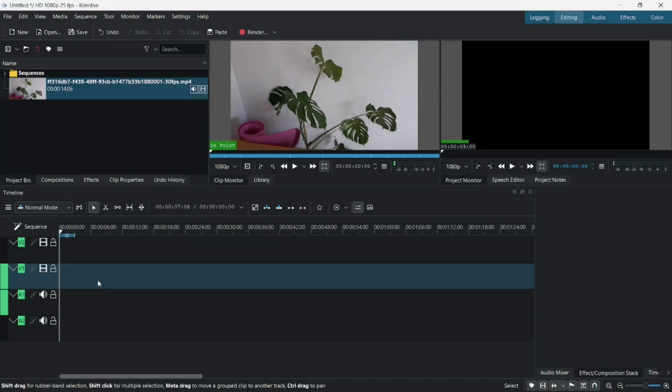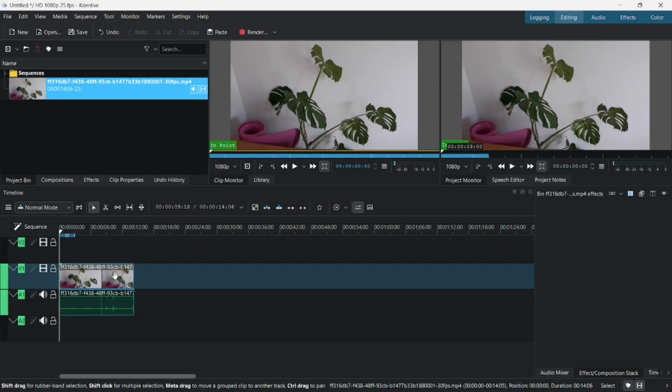Hi, today we'll learn how to distort the video in Kdenlive. So for example, we have this video here. If I want to edit it, I need to drag and drop this video to the timeline, and after that